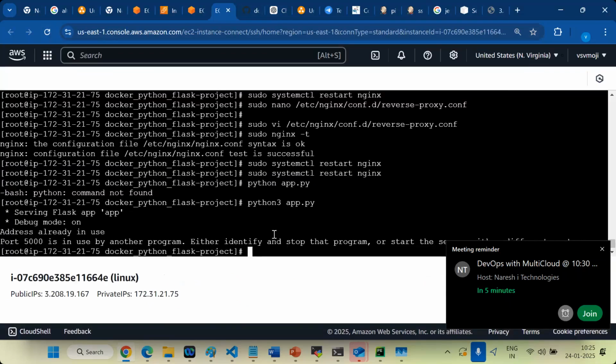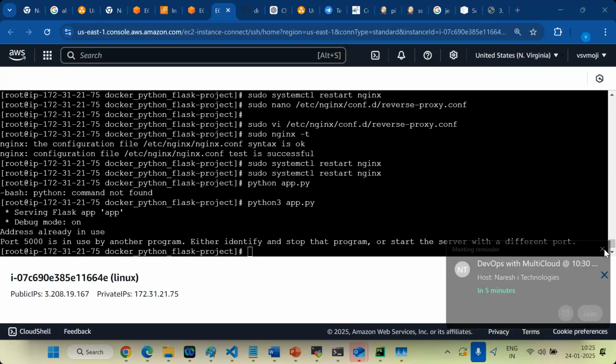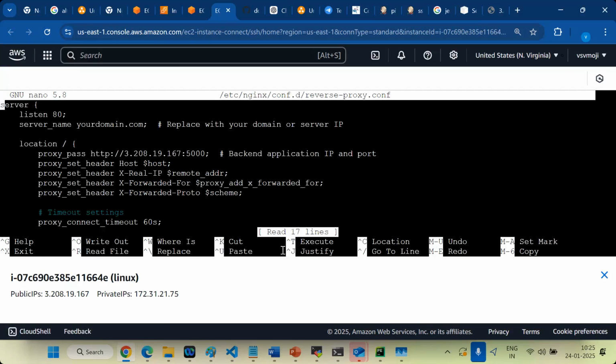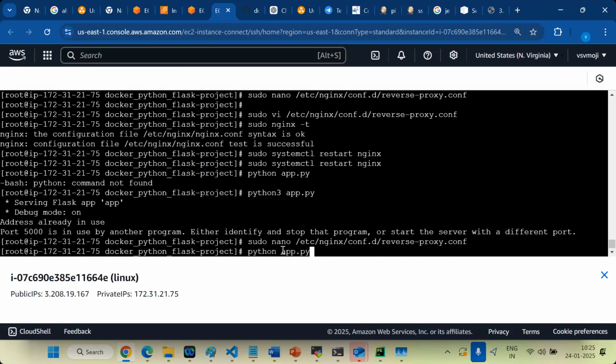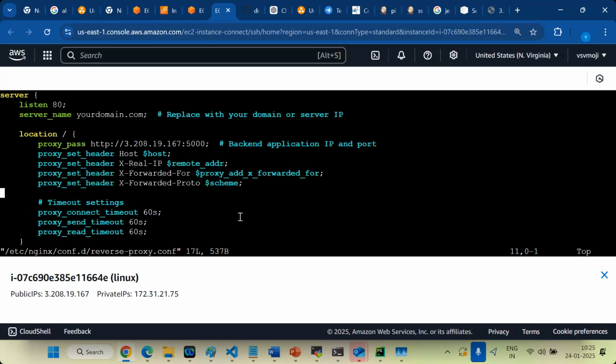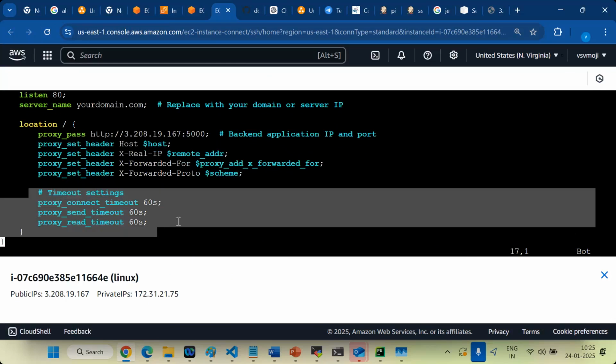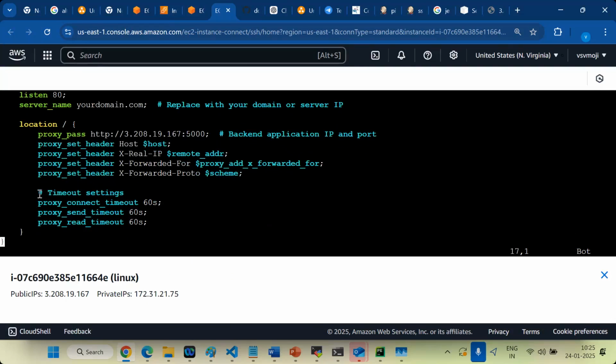Then why is it stopped? Connection timeout, 60 seconds. But connection timeout only appears if you are unable to access it. But why is it not working now?